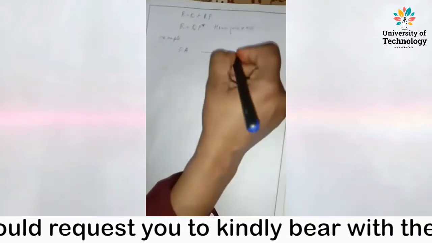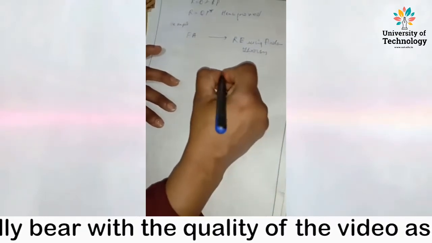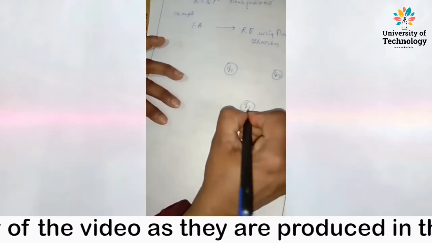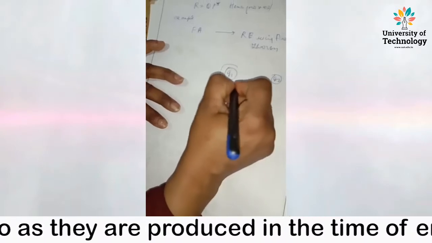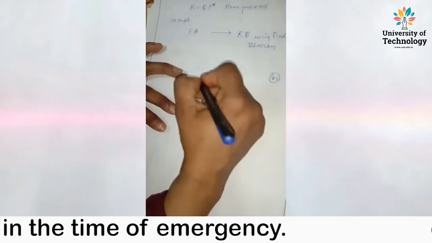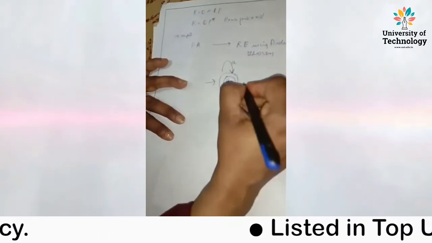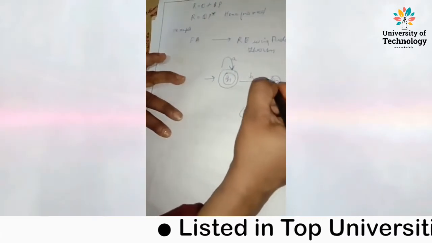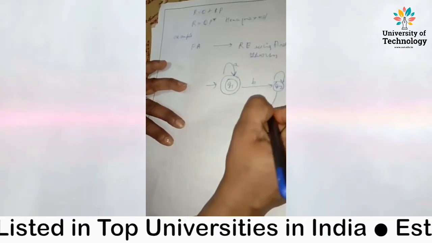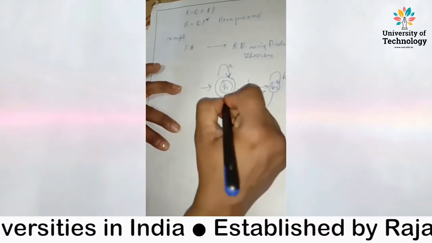Right? So let's take an example. First, we'll take a finite automata. Let's say Q1, Q2, Q3. These are the three states. Now Q1 is, we know, a circle inside a circle, which implies a final state, and an arrow implies the initial state. So this is, let's say, A, it is going to transition on B to B, then from B it is going to Q2 on A, and it is coming back on B and A.